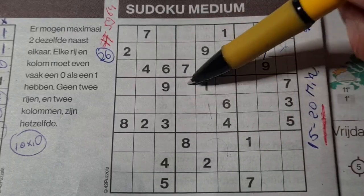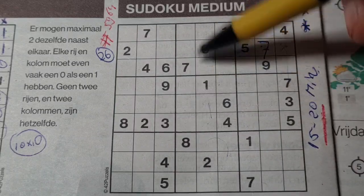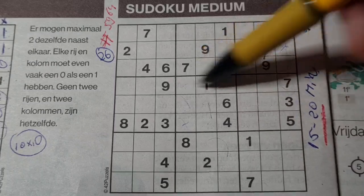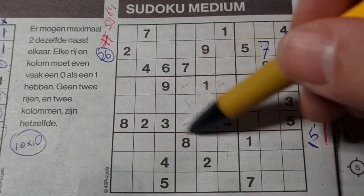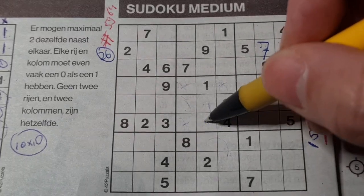Yeah. 1, 2, 3, 4, 5, 6 missing numbers in this big square. One of the missing numbers is 7. We have a 7 in this column, so no 7 in these 3 boxes. Here, 7 in this row. No 7 in those 2 boxes, so the 7 in this big square could be here, could be there. Well, I think the 7 should be there